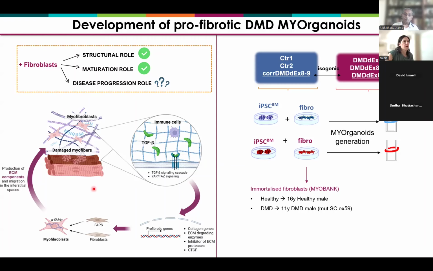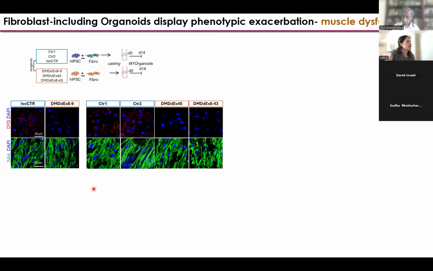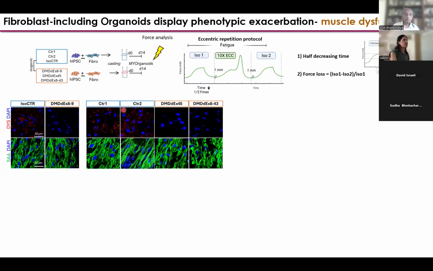So we used as fibroblast lines human immortalized control and DMD lines that we got from the Institut de Myologie here in Paris. And we cast those fibroblasts with iPS cells, both from control and DMD. And we generated organoids, and then we performed the muscle force protocol to assess